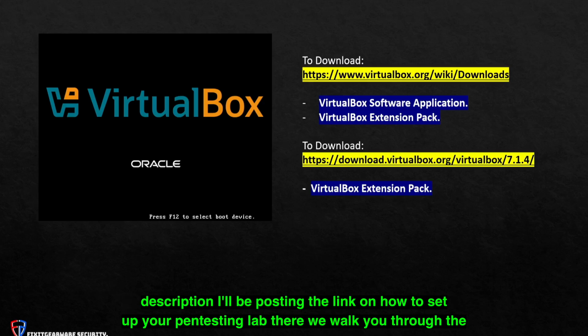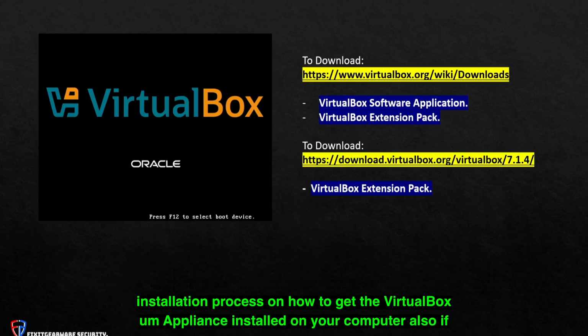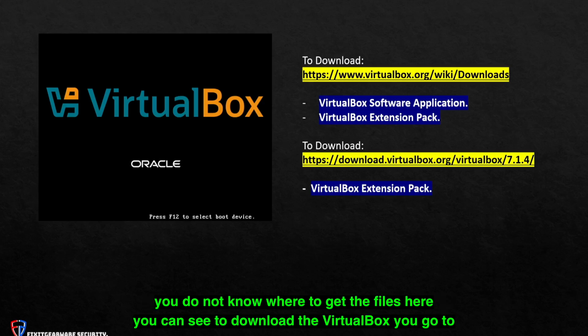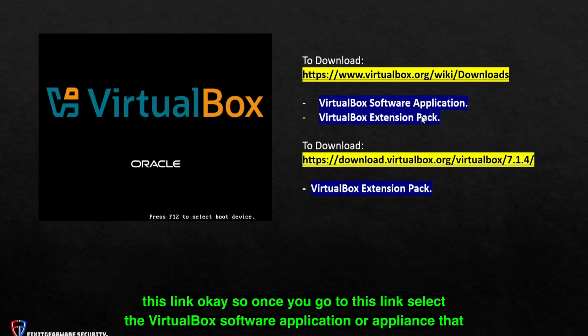I'll be posting the link on how to set up your pen testing lab. There we walk you through the installation process on how to get the VirtualBox appliance installed on your computer. Also, if you do not know where to get the files, here you can see, to download VirtualBox, you go to this link. Okay, so once you go to this link, select the VirtualBox software application or appliance